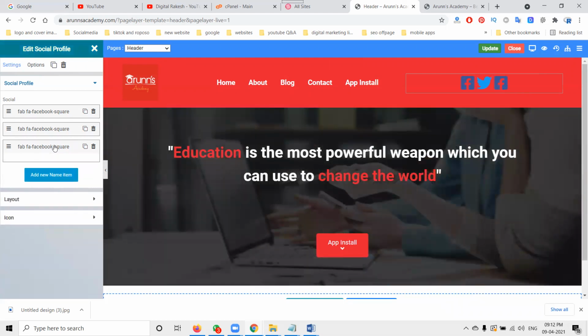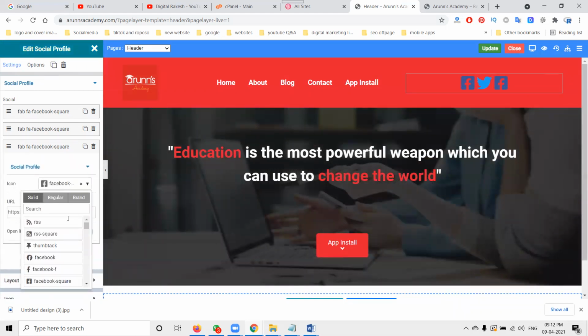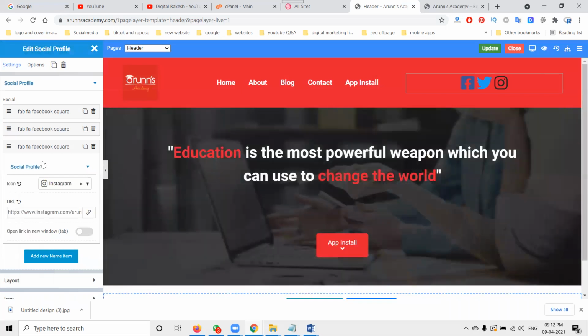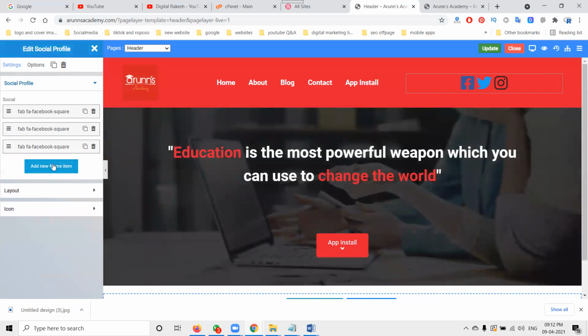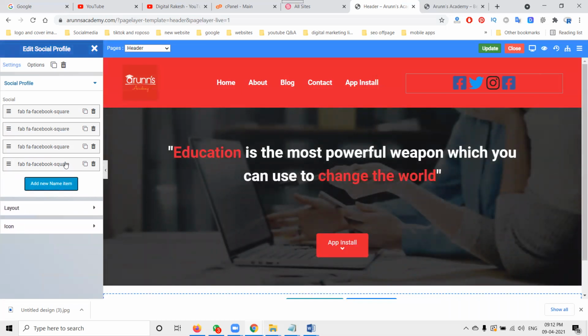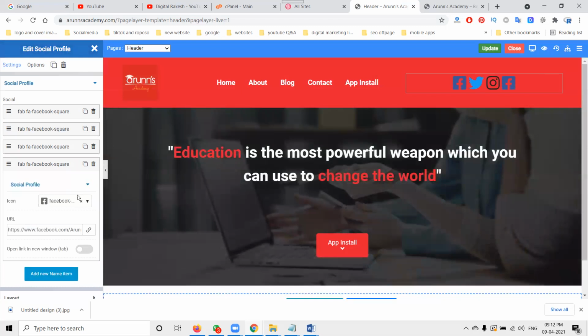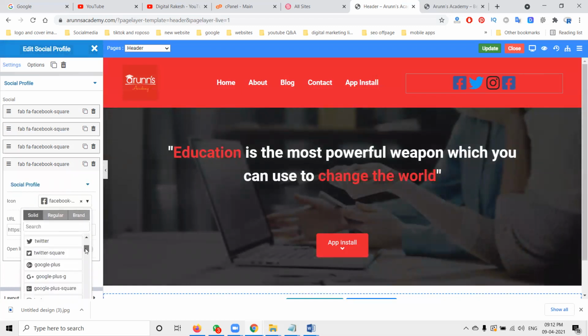Just as we use WordPress, the same design can be made in SitePad also. That is the SitePad option. It is very comfortable for making a design and very useful. So in this last one, I'm adding LinkedIn. Select here in this.